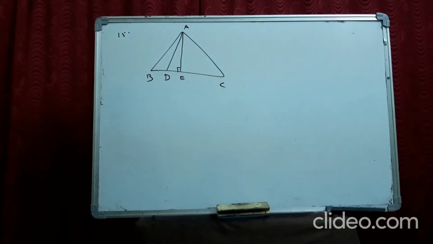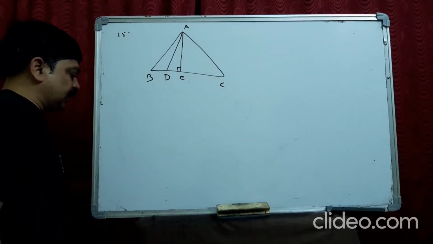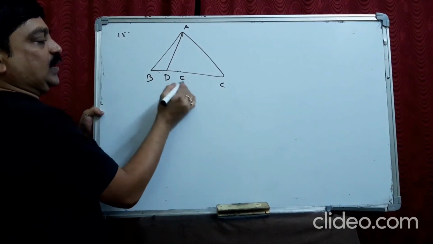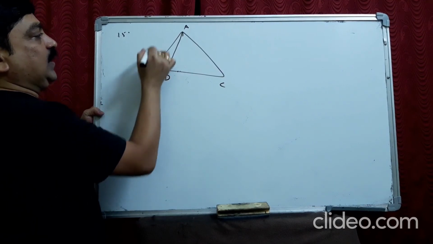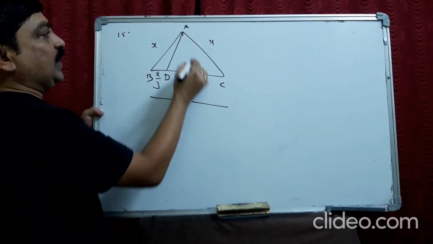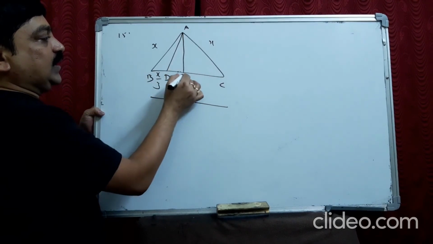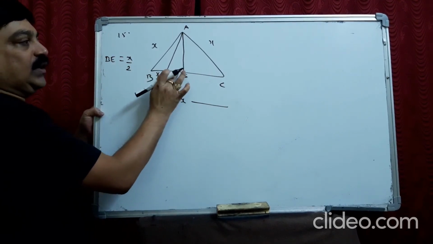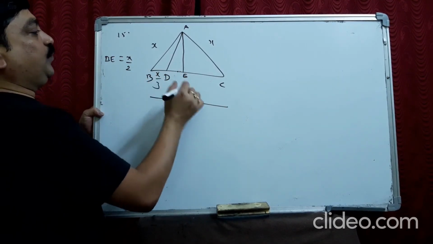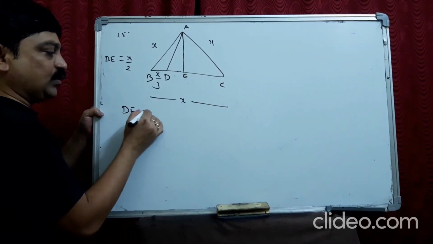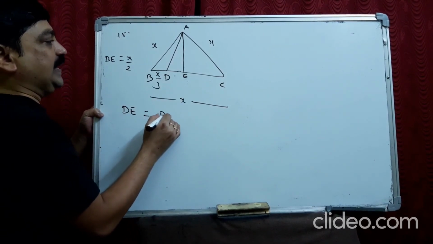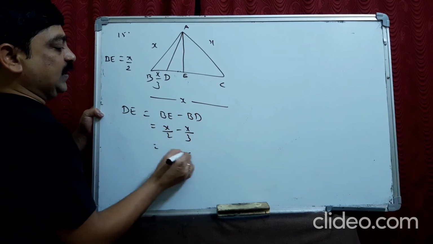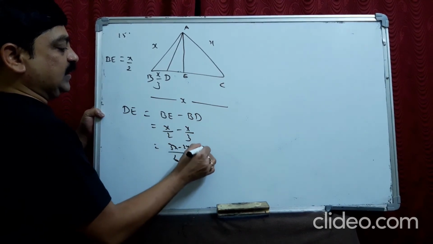Okay, look here. Here it is given in 15. ABC is an equilateral triangle and D is a point on it such that BD is 1 by 3 of BC. So I take like this is x by 3, this is x, and this is x. Now you draw a perpendicular so that it meets at E, so that BE will be equal to x by 2, because in an equilateral triangle it meets at the midpoint. Now, what about DE? Let us find out DE. DE is equal to BE minus BD. So BE is x by 2 minus x by 3. It becomes 3x minus 2x, x by 6.